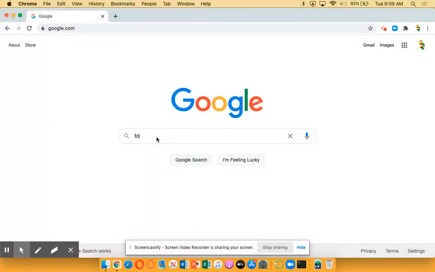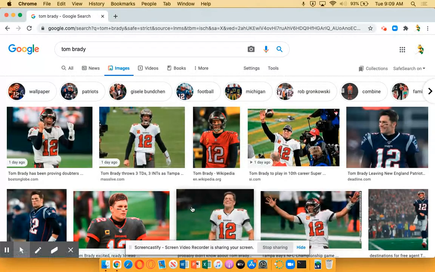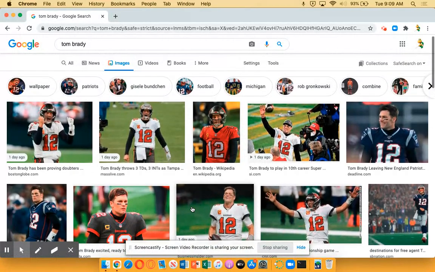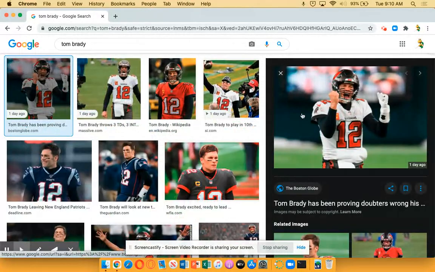So lots of topics you can pick. It's entirely up to you what you choose to do. I'm going to go with Tom Brady here. Hopefully there's no pictures of him naked on here. And we're going to go through and find some pictures, and we're going to throw them on there. And it's very similar to what you did, by the way, with the images that we colored. And I think this is probably one of the more popular pictures of them that's been going around the web